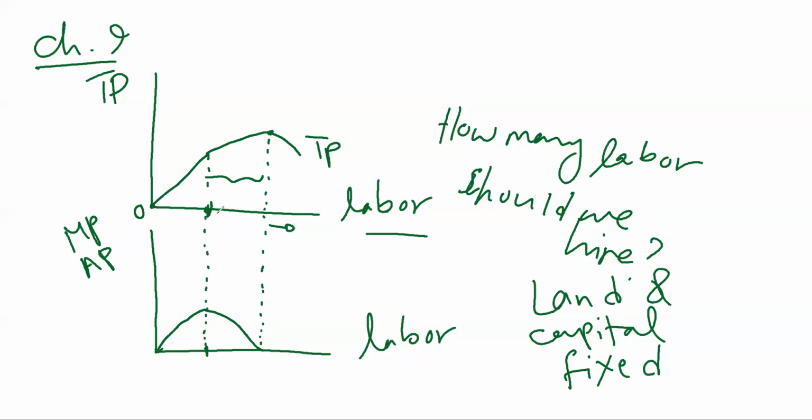But sometimes in the short run, businesses actually make this mistake. They think, okay, I'm hiring more because my TP is growing, but they're not aware of the decrease in marginal productivity. And if they continue hiring more and more workers, when their TP, the total product, starts to decline, the marginal product becomes negative. We call this part of total product that is going up very fast, and this part of marginal product that is going up, increasing,